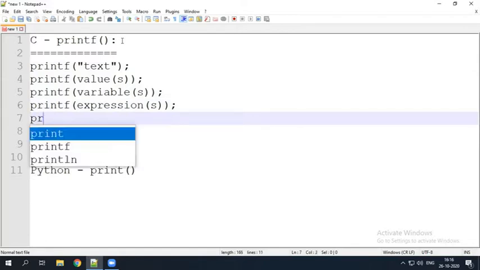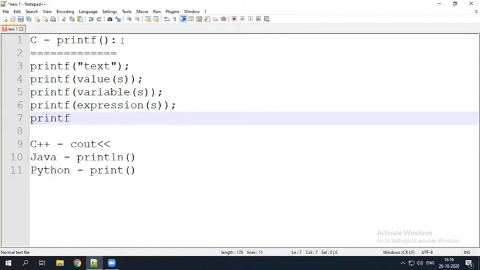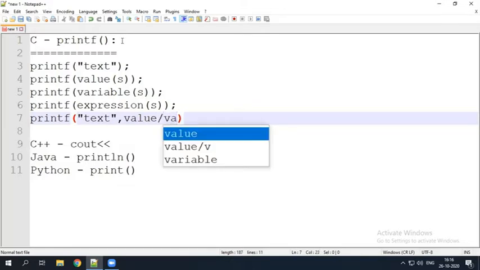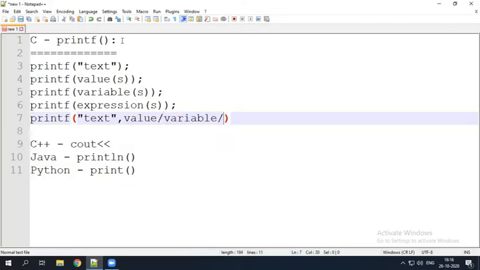Or you can also use it to print some text, and along with the text you can also print some values or variables or expressions all together in a single statement. It is also possible.